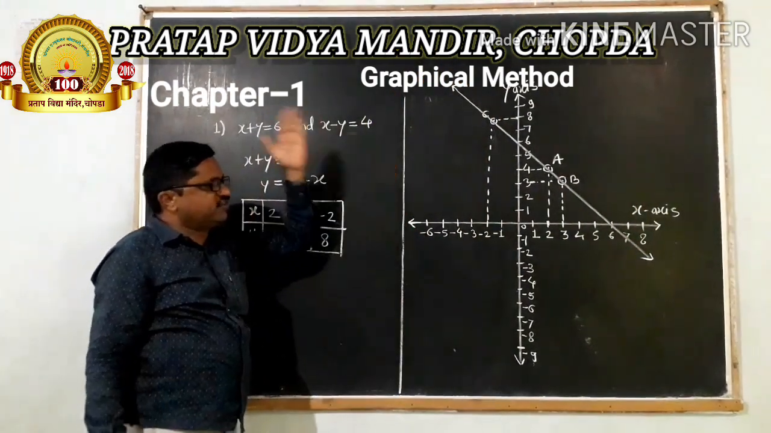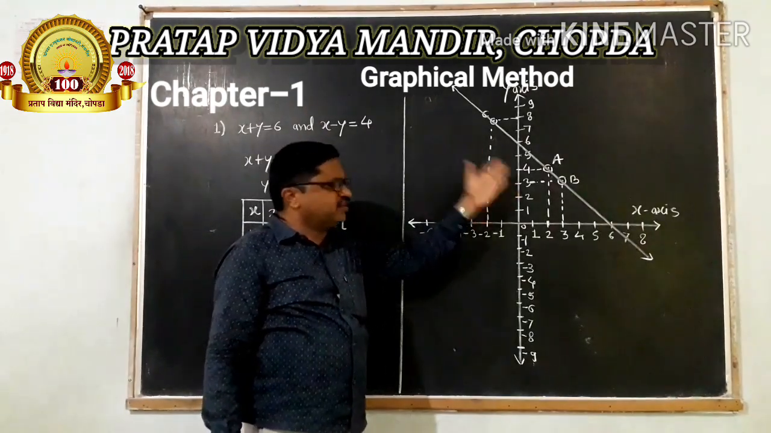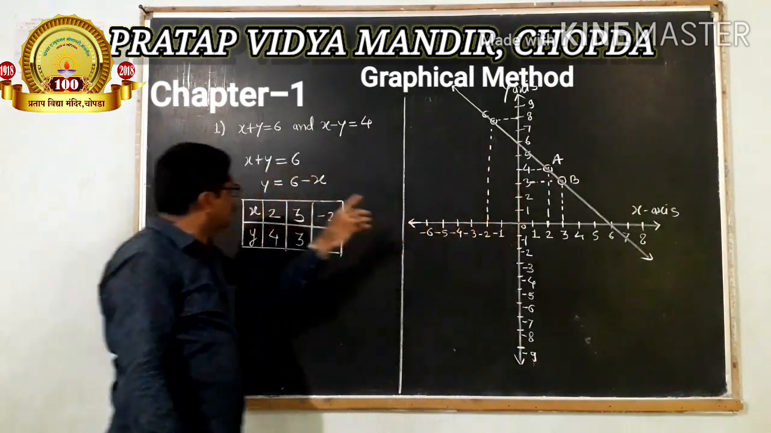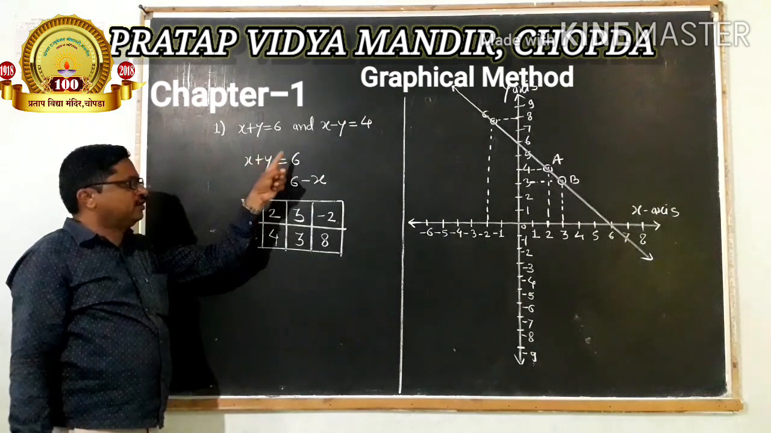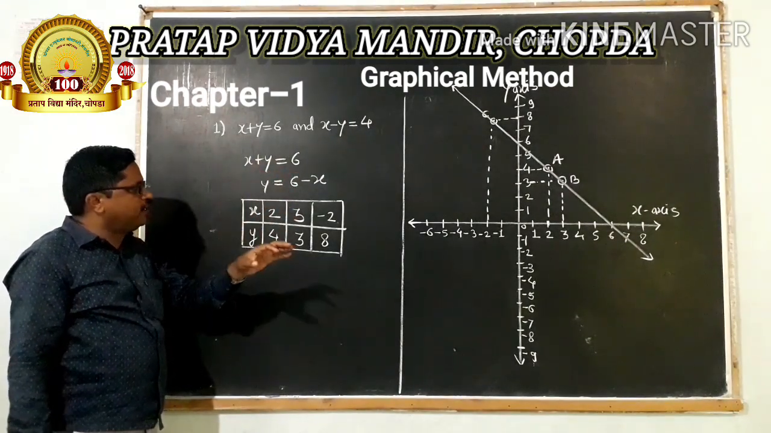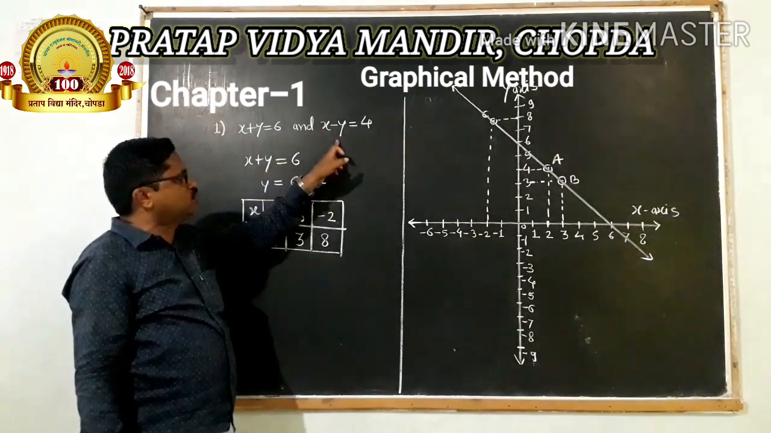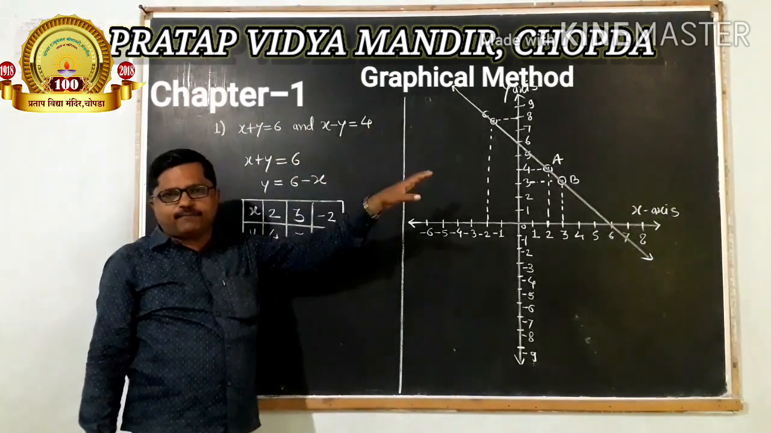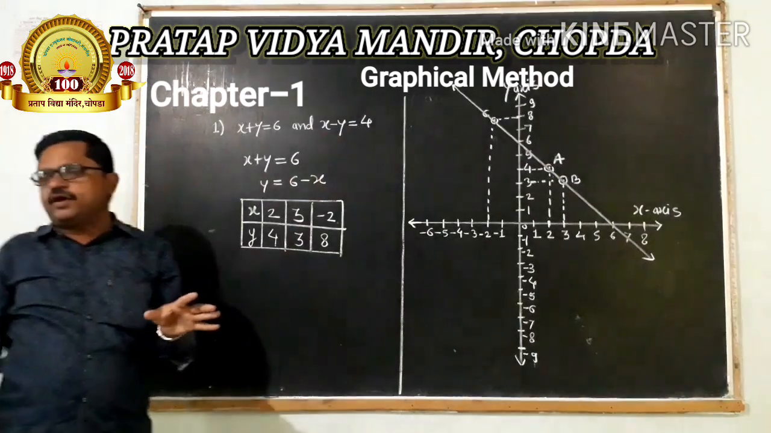This line, this is the line of the linear equation x plus y is equal to 6. Similarly, for drawing a second line x minus y equal to 4 on the graph, again we have to prepare a similar table